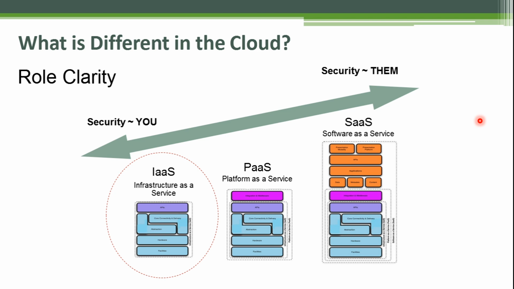So if you are buying IaaS service from somebody else, then the platform and the software are owned by you, right? So security of the platform and the software lies with you. You need to secure them. When it's platform as a service, the security requirement from your side reduces because you are just hosting your application. You are just outsourcing your platform and infrastructure from somebody else. So the security requirement of platform and infrastructure lies with the service provider now. And when you buy SaaS, software as a service, all the security requirement lies with the service provider. You are only worried about your data. That's all.